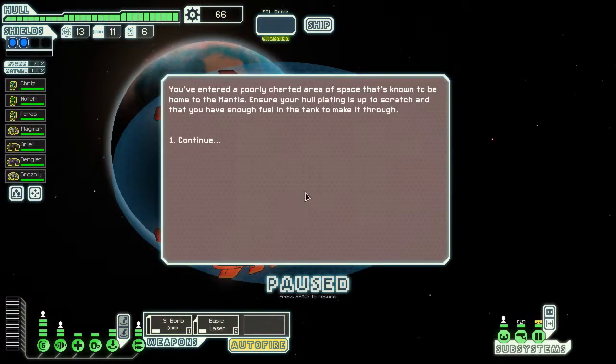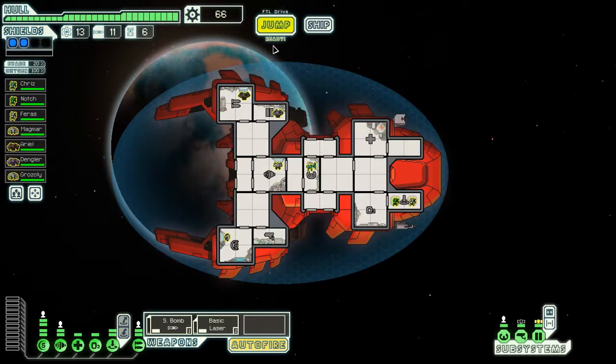That would be silly. You've entered a poorly charted area of space that's known to be home to the Mantis. Ensure your hull plating is up to scratch and that you have enough fuel in the tank to make it